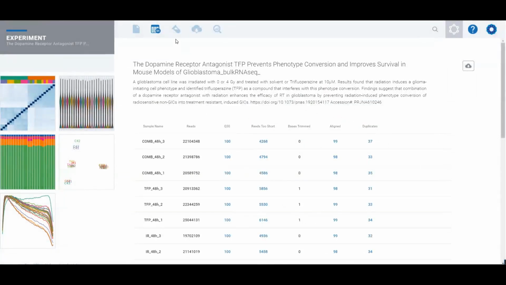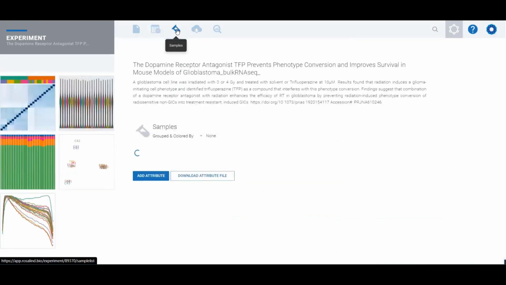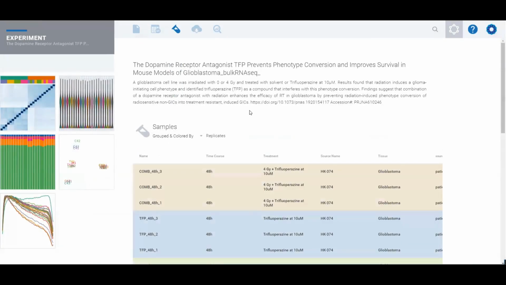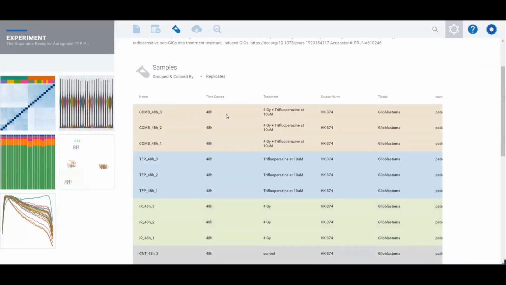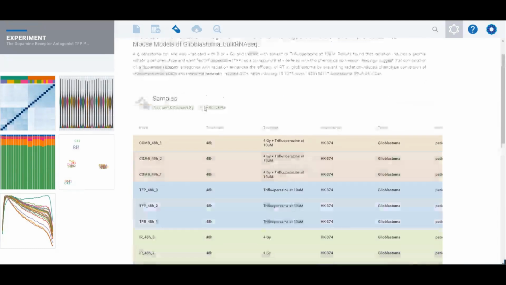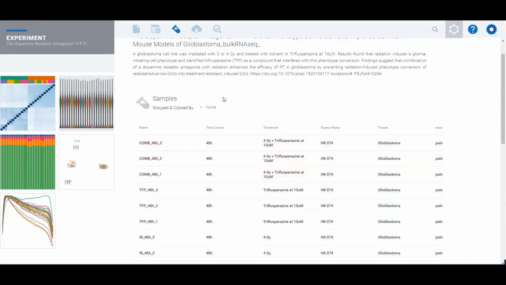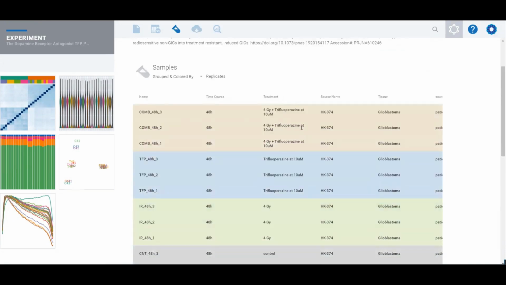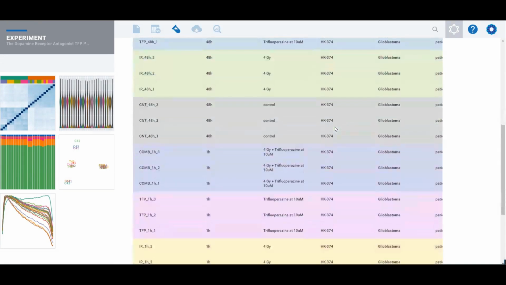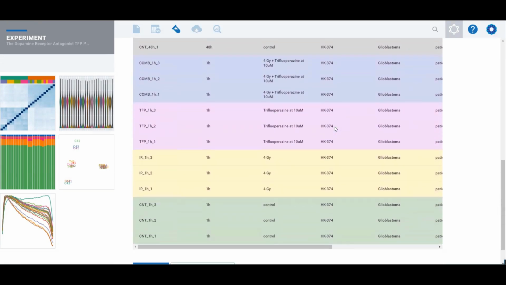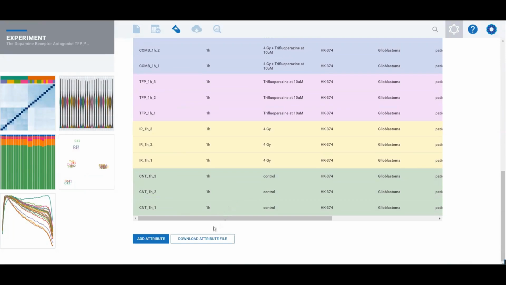The Samples tab, represented by the test tube icon, will bring you to a page listing all samples in the experiment and their corresponding attributes. It is essentially a summary of the experimental design. You can view the information in a standard table, or you can use the Grouped and Colored by drop-down menu to organize and color rows of replicate samples within the table. Here, if you're the experiment owner, you can add additional attributes that can be used to set up comparisons for